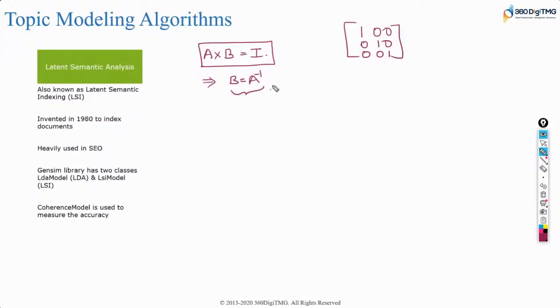B is right inverse of A, because A into B is not equivalent to B into A. If I say B into A is equal to identity, you cannot say A into B is identity, so these two are the same. We cannot say that, because A multiplied by B might be different to B multiplied by A. Hence you say right inverse, left inverse in that way. All right, this is also clear.